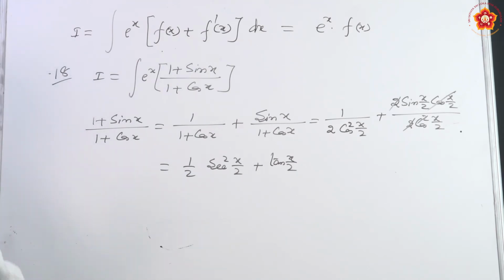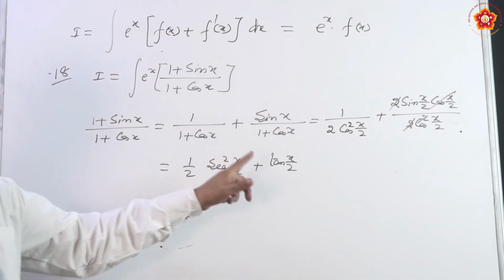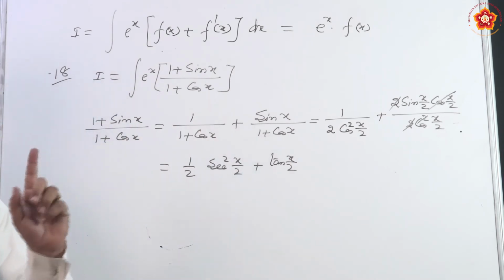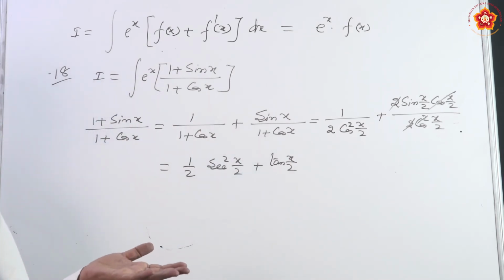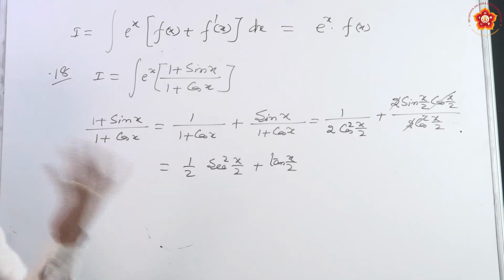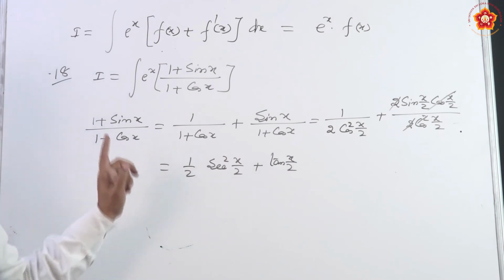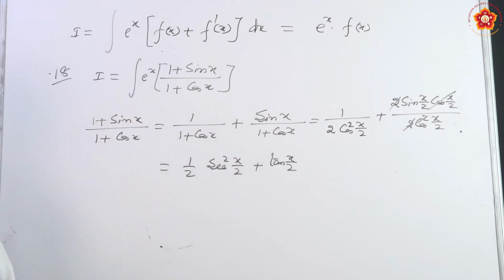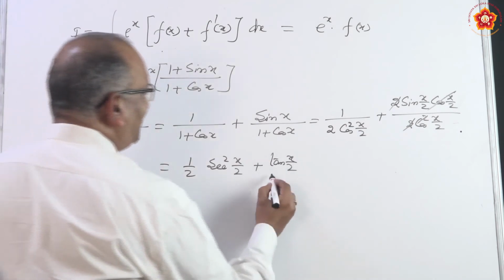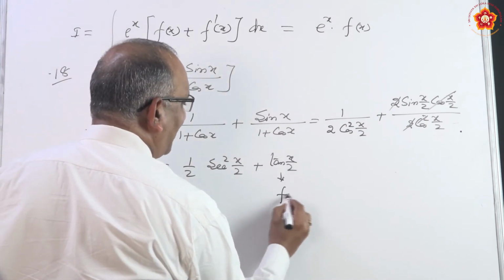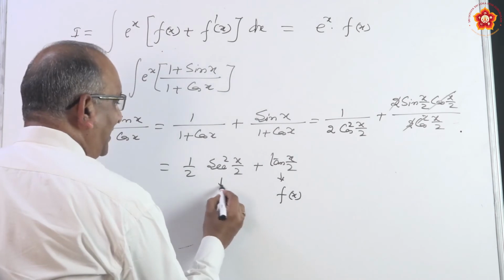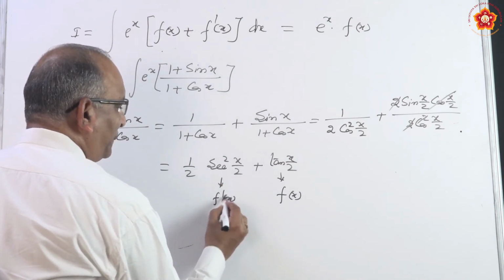I am sure now you are able to guess. If we take tan x by 2 as function, what is its derivative? Derivative of tan theta is sec square theta, which is there. But since x by 2 is there, 1 by 2 also will come. I hope it is clear. So, it is more like this, tan x by 2, we will take as f of x. This automatically becomes f dash x. If you want, you can check it.